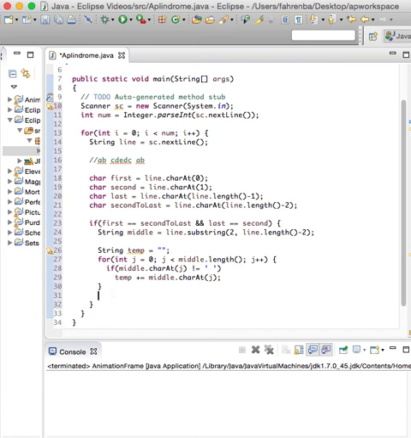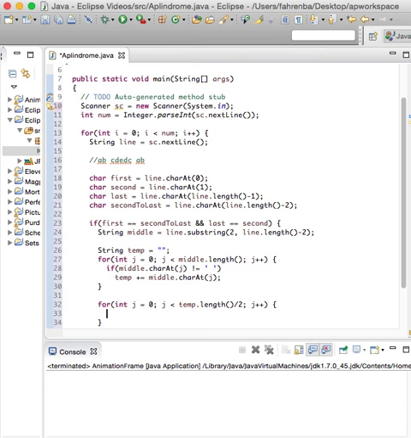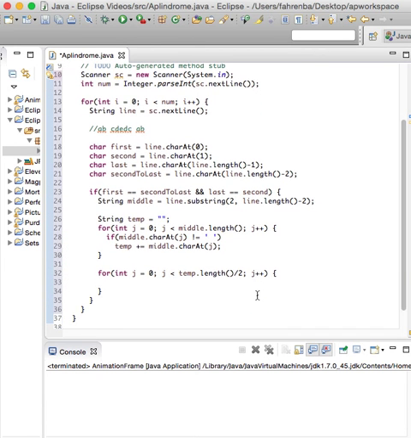do is write a loop that starts at 0 and goes up to but not including half the length of the temp string. And once again I can use J, switch back to that, J, J, J, and J++. And what I want to know is, is the character at position J the same as the character on the other end of the string? So I'll call the front one